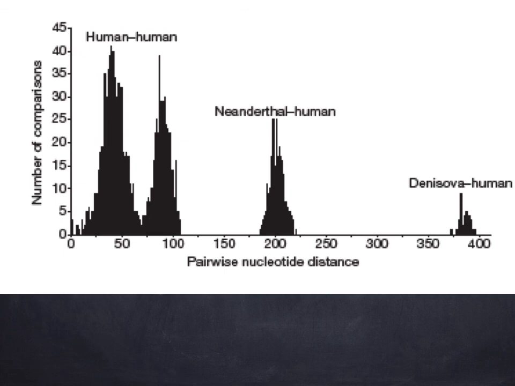If you compare a human to a Denisovan, there are nearly 400 differences between humans and Denisovans. So you can see that we are, of course, the same species as other humans that are around today. We are somewhat different from Neanderthals, but pretty similar. But we are quite different from Denisovans, far more different from Denisovans than we are from Neanderthals. So a really interesting application of this